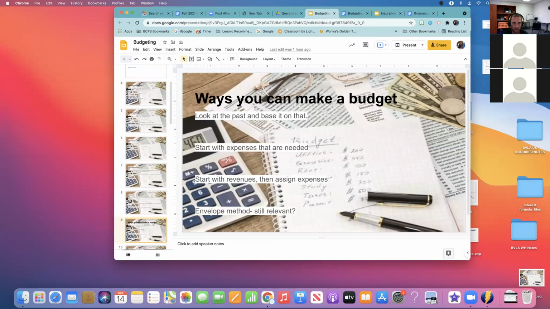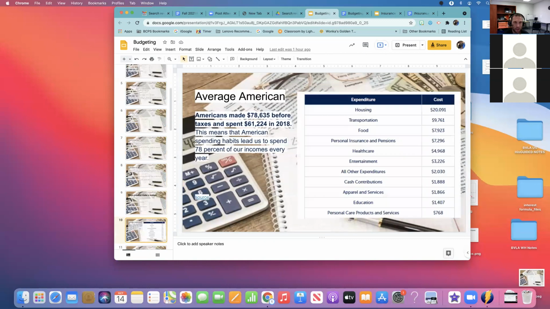We talked about different ways to make a budget based on looking at the past or looking at the expenses first. And we looked at the average American budget and what that looks like. And we looked at the recommendations of various experts on what percentage of your income should be spent on what categories.